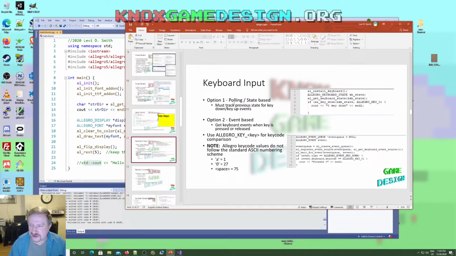And there's 2 ways to do keyboard input in Allegro. The first one, which I guess it's arbitrary which one is the first and which one is the second, but the first one that I use is the polling. That means for every update, every frame, we're going to check the state of the keyboard and find out which keys are pressed. And you can use